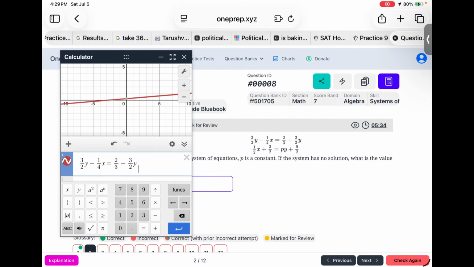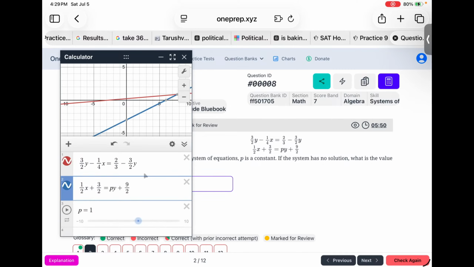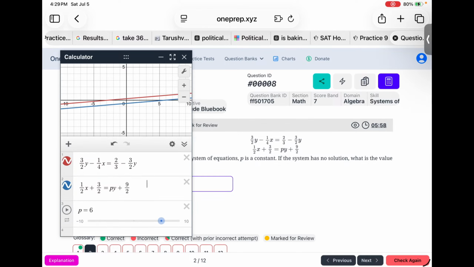There probably is a way to use regression. Someday I'll figure it out. So we put in a slider, and then we just slide that over to 6, and it'll become parallel. It's basically what we're doing, but